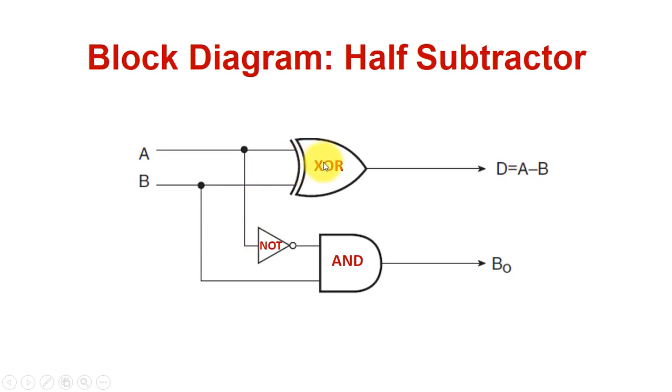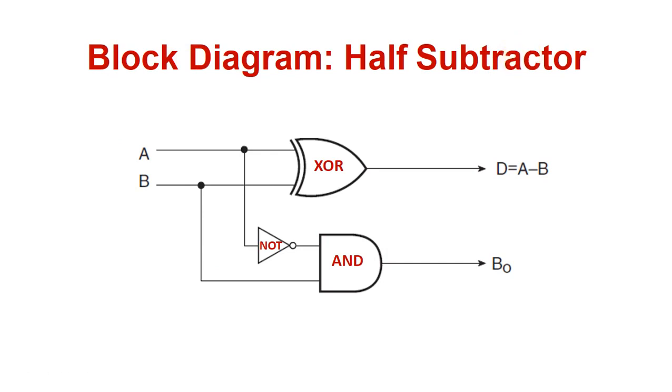Now in addition to the difference in the half subtractor, we have to calculate the expression for the borrow, which we have calculated, and we have identified that it is the expression A bar B. Therefore one of the inputs, A, we will put through a NOT gate, so we will have A bar, and that A bar will be input to the AND gate, and the B will be another input to the AND gate. So here ultimately the borrow will become A bar B. So this is the complete circuit design of the half subtractor.